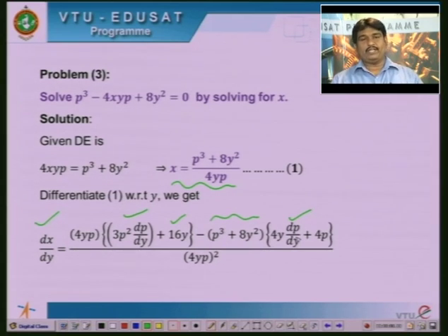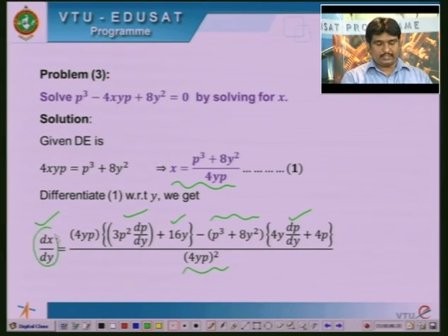So this is 4y dp by dy plus 4p, divided by the denominator square, which is 4yp the whole square. Now you write this dx by dy as 1 by p